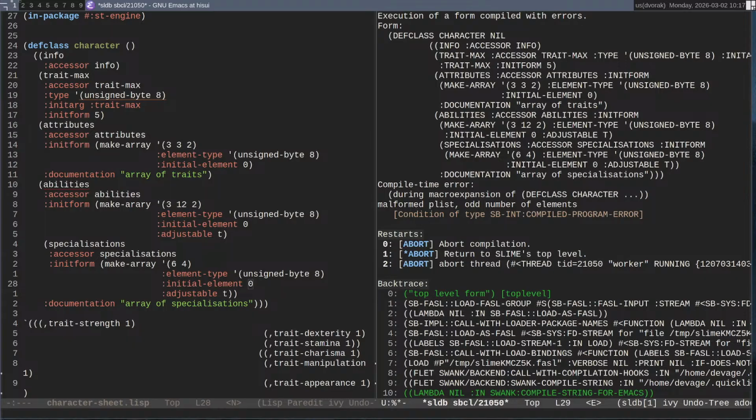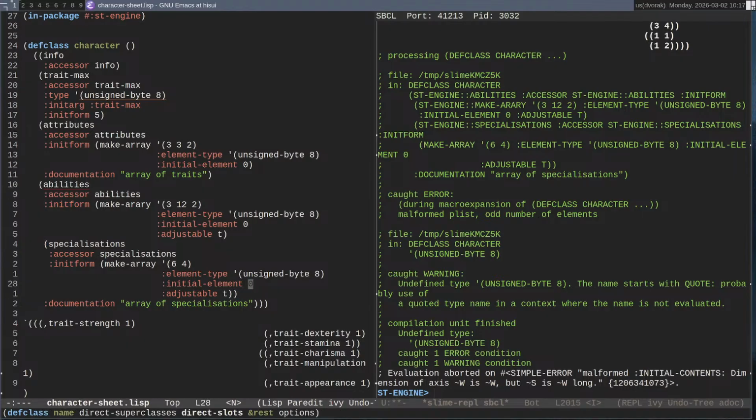No, I've still got the issue. Malformed plist, odd number of elements. That is an error that I can actually do something with. Oh. Here we go. If I have a look, there's a tiny thin line here.